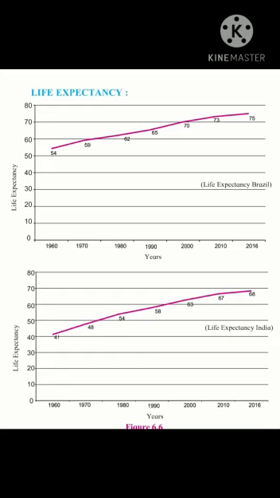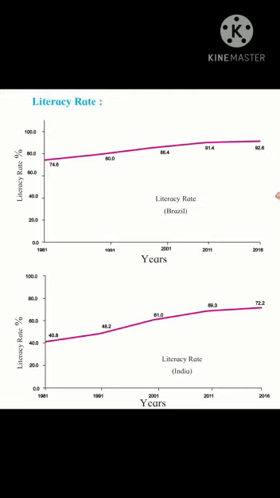Now finally we are going to have the graph of literacy rate of both the countries. Students, you observe this graph carefully. If we look at the Brazilian literacy rate in the year of 1961, it was 72.60%. Whereas in 2016, the Brazil managed to get the literacy rate of 92.60. In comparison, India in 1961 was only 40.80% and could manage to get the figure of